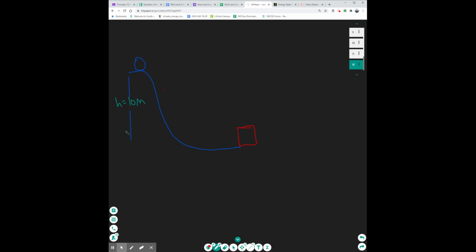First thing we want to know is, and this can be like a real world problem, okay? So I don't know why you'd want to be pushing a ball down a hill and having it hit a box, but maybe we want to know some information about the box, okay? So perhaps we want to know how much force or how much energy is available to do work on the box, right? So if we want to answer that question, we need to remember that mechanical energy is